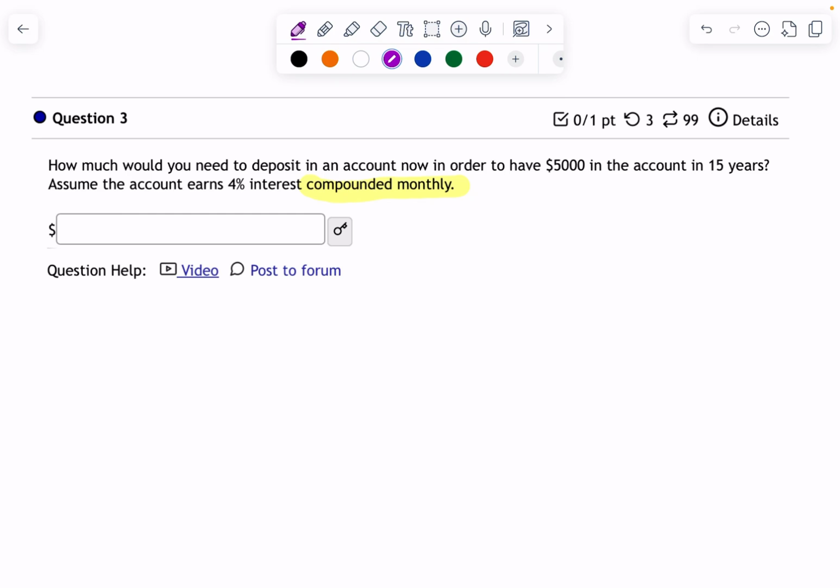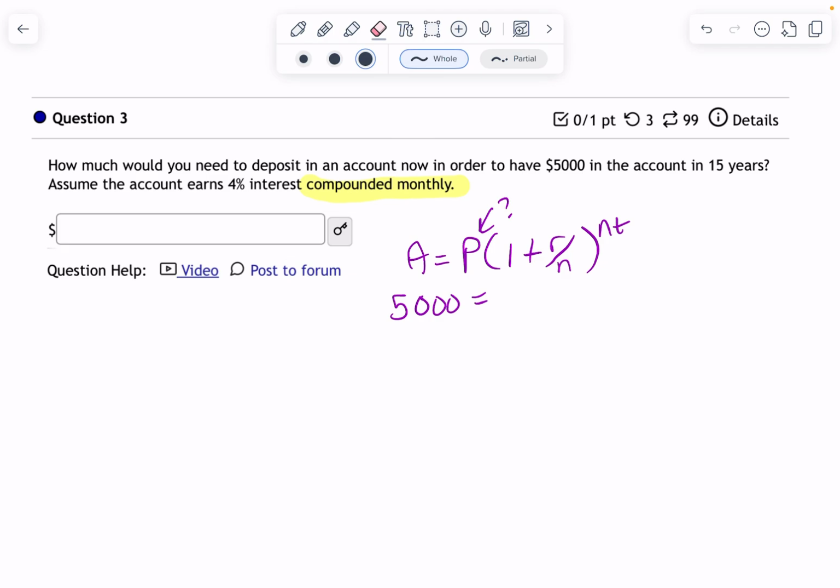And our compound interest formula is A equals P parentheses 1 plus R over N to the NT. So what they're giving us is A, 5,000, but we don't know what P is. So for this problem, we need to do it by hand because our Excel spreadsheet or Google Sheets is only set up to put in the present value, the interest rate, the number of years, and compounding periods. And we have 3 of those things, but we are missing the present value. So we're going to have to find that